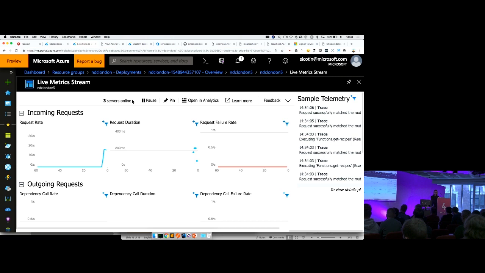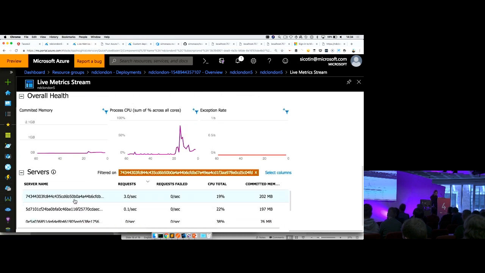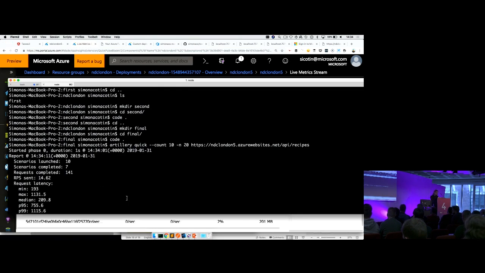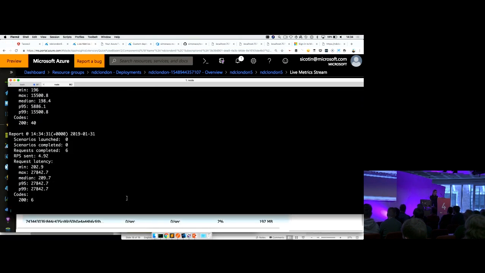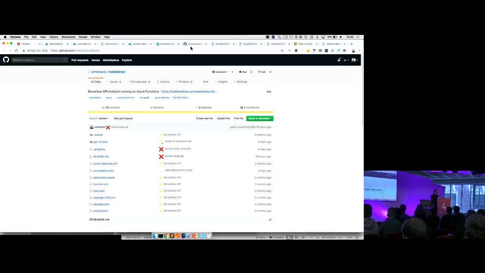The number of servers increasing. So this is scaling. And also, if someone tells you that there's no servers in serverless, you just take them to the screen, and they will see it happening. You also have access to the server name and how many requests per second are coming into a certain instance running our code. And this is the output from artillery. So I think this is everything I have.